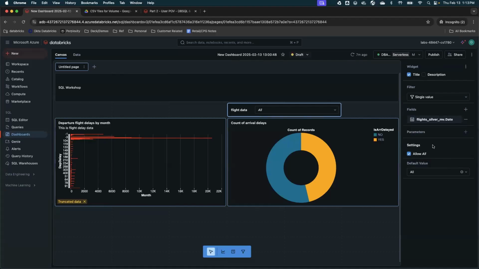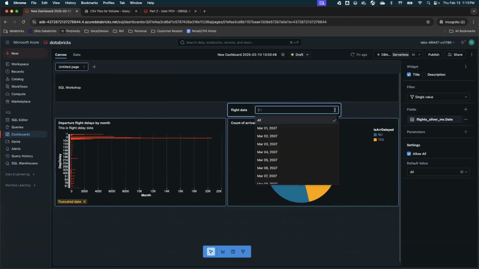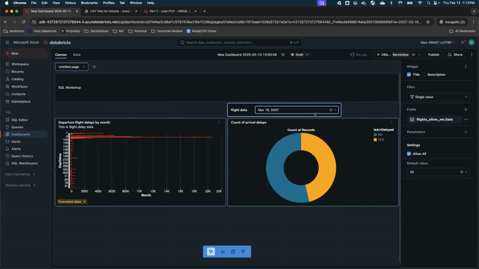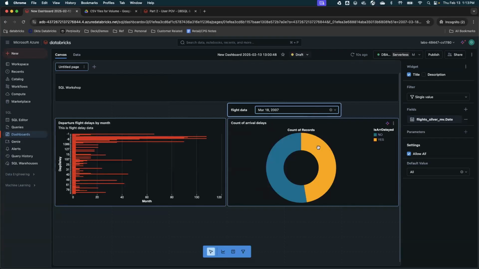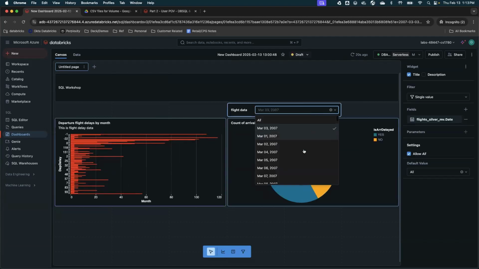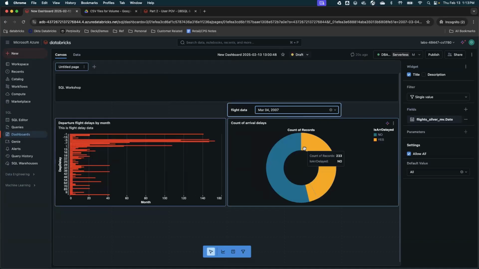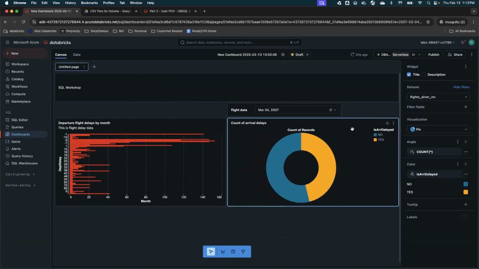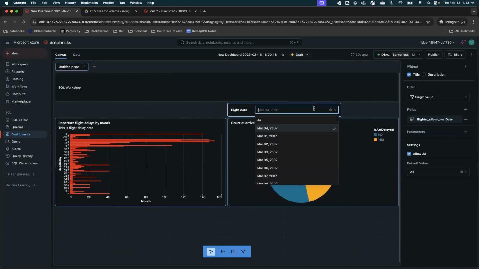Once I click on date, this filter is added. If you see on top, I can see the filter, but here there is an option where I can select specific days. So I will know what happened on March 18 or March 3, etc. So I can select all those details into my filter.